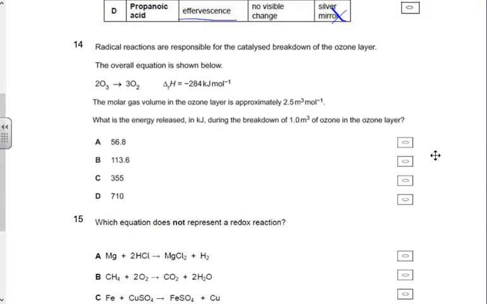Question 14 is a calculation based on the breakdown of ozone. Now, it's important to notice here that 2 moles of ozone are breaking down to produce 3 moles of oxygen. And when 2 moles of ozone break down, the enthalpy change is -284. When 1 mole of ozone breaks down,